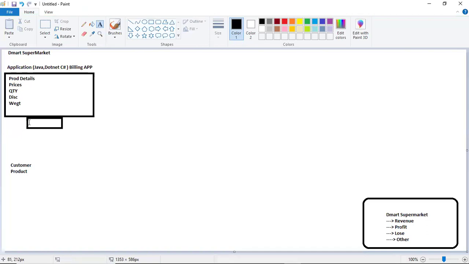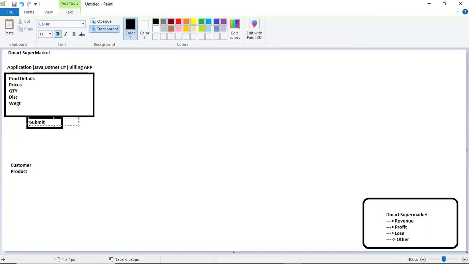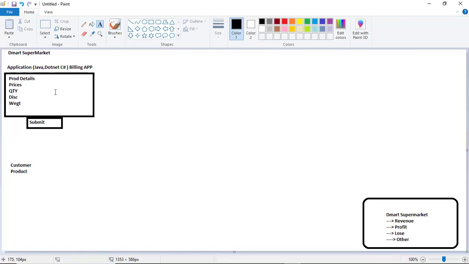The moment he submits the information, where will it go? Maybe they store it in their own system, or maybe they connect with other applications like other storages. Depending upon their budget, the moment they submit, the information may be stored in a storage account, because millions of transactions are happening every day. We cannot store them in my local system. So that is what they are doing: they are taking one storage account.